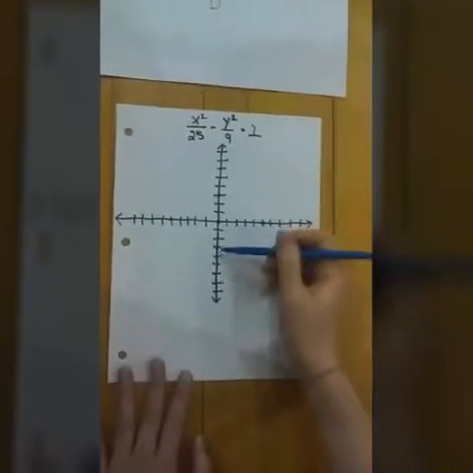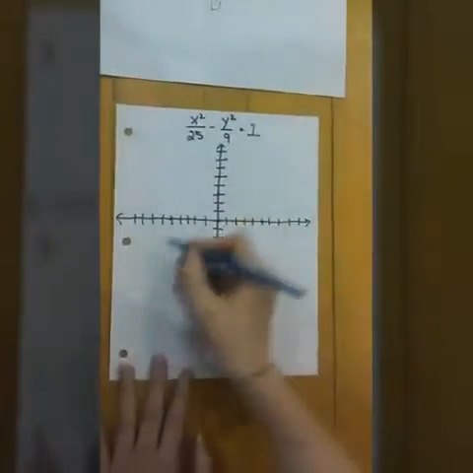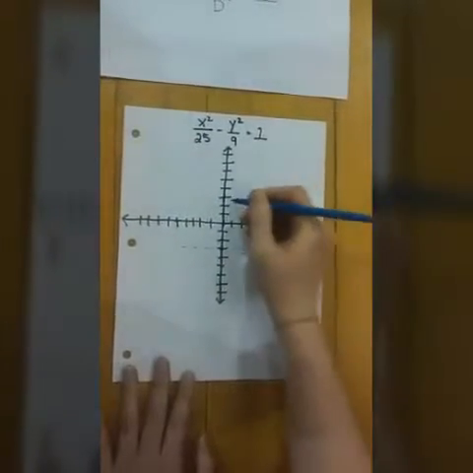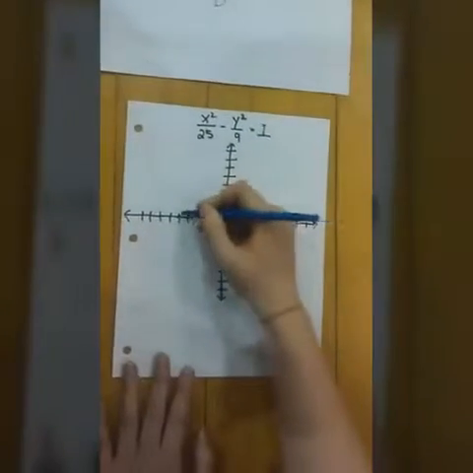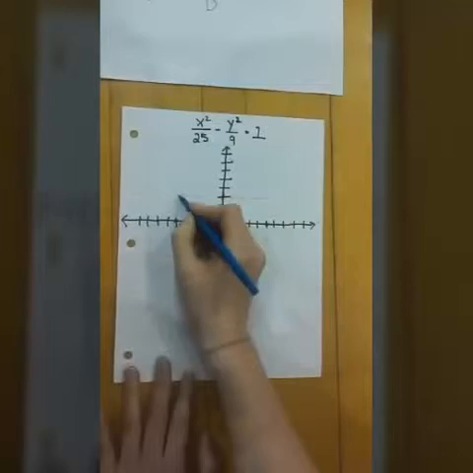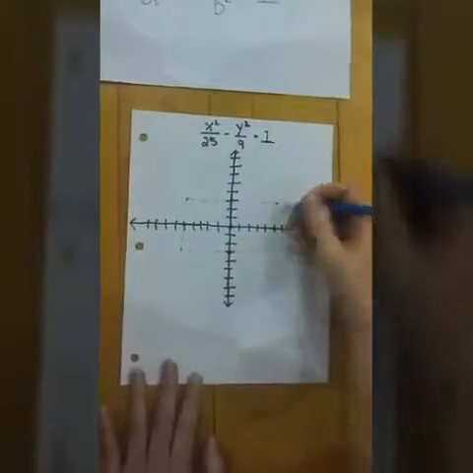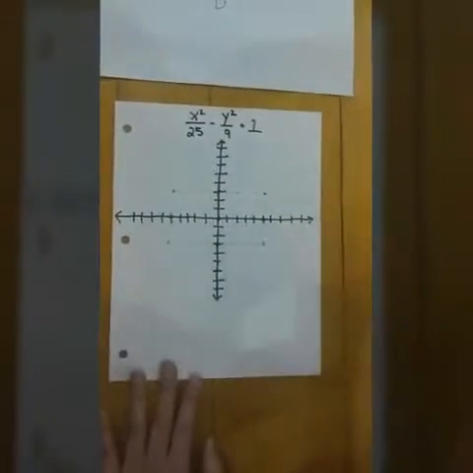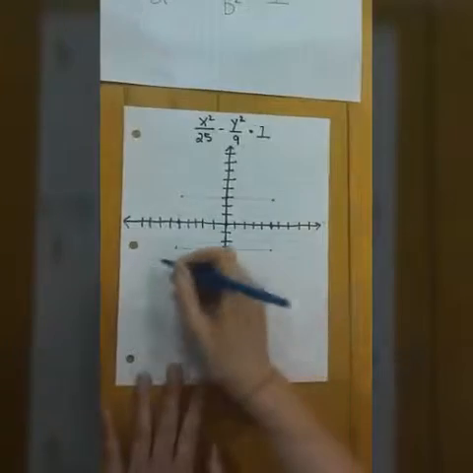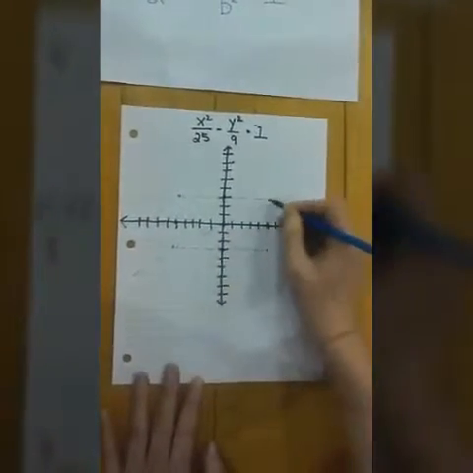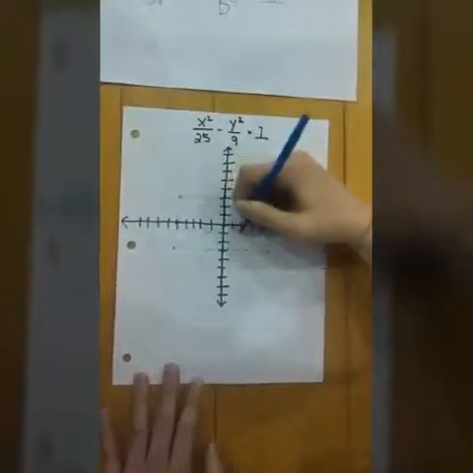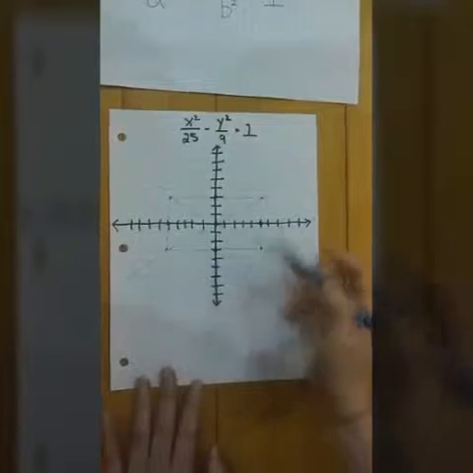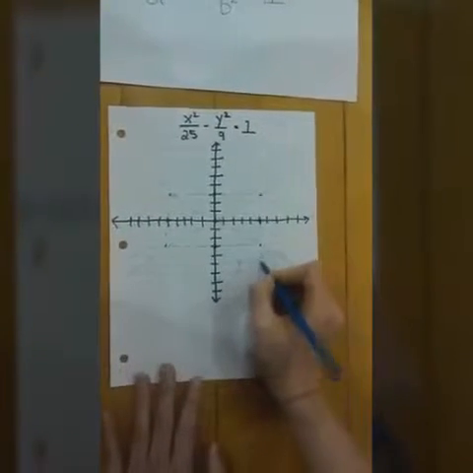And now we can make a box and connect them all. And this is going to help us later. Now we can draw the asymptotes, which is where the graph can never go if we connect these dots. The equation for the asymptotes, if you don't want to use the box, is y equals plus or minus b